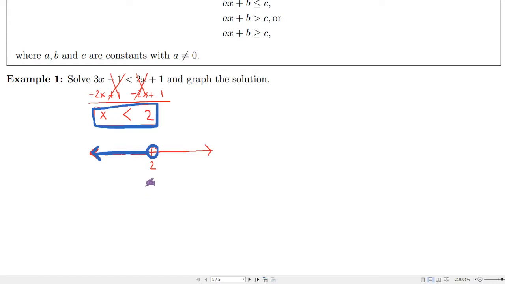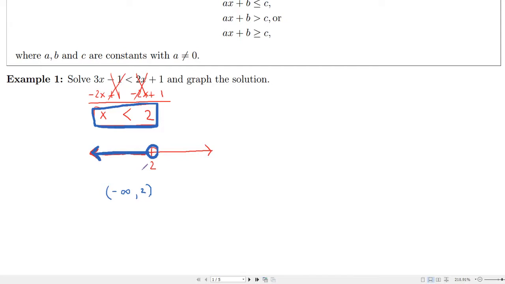So the way that works is we would have 2 in open parentheses here, and we're going to let x be anything less than that, so we're going to go all the way to negative infinity, and we'll put another parenthesis there. So open parentheses like this designate that you're not including those values,